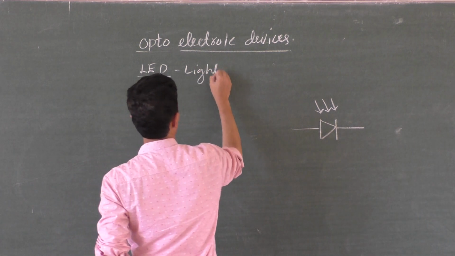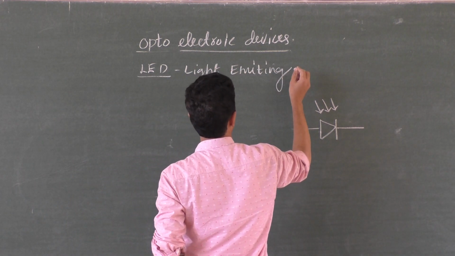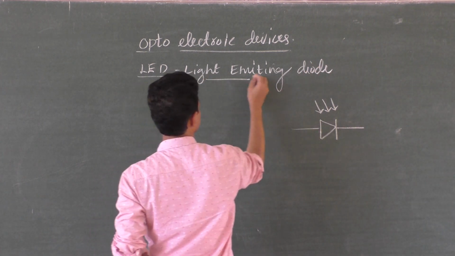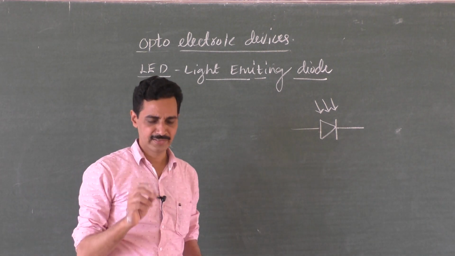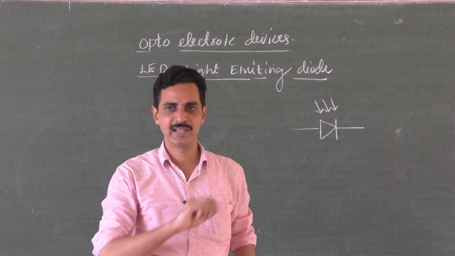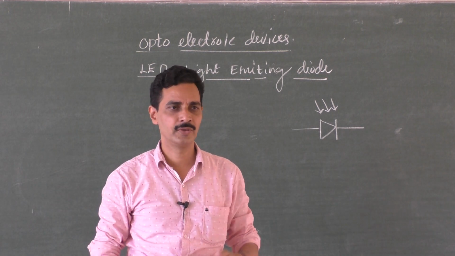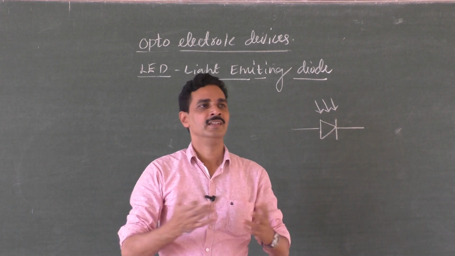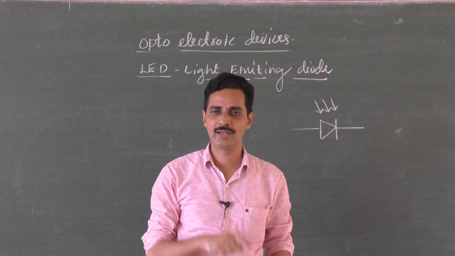Light emitting diode. You know that you have seen some small bulb-like arrangements, running bulbs like this in decorating the photos, right? Around the photos of a god or anything, you will have some running lights. That is, they are LEDs. Even in your calculator, it is LED.